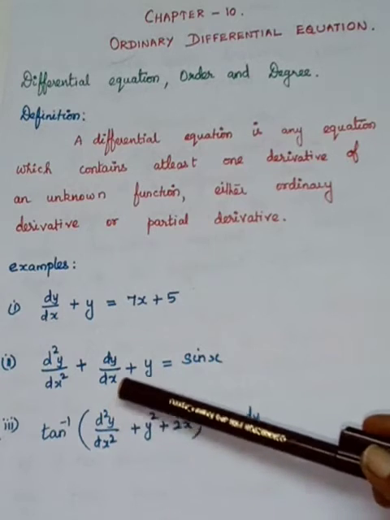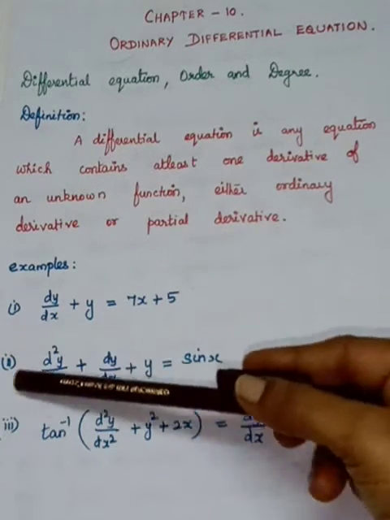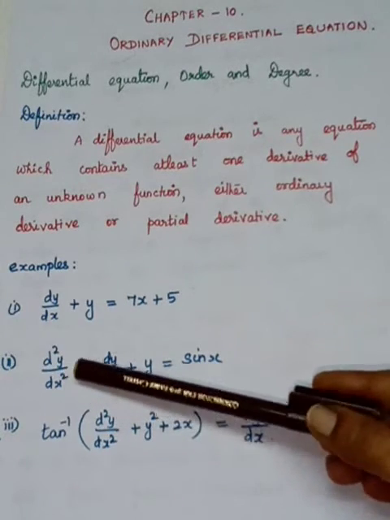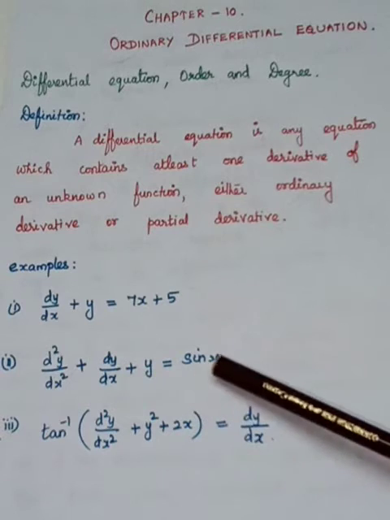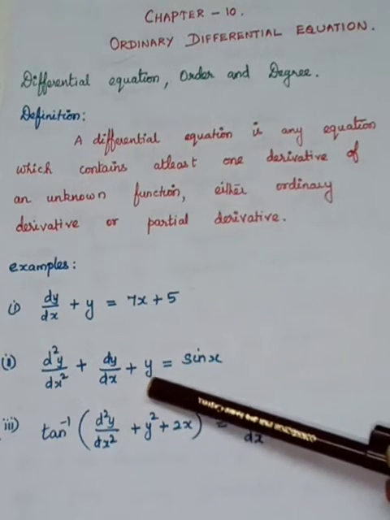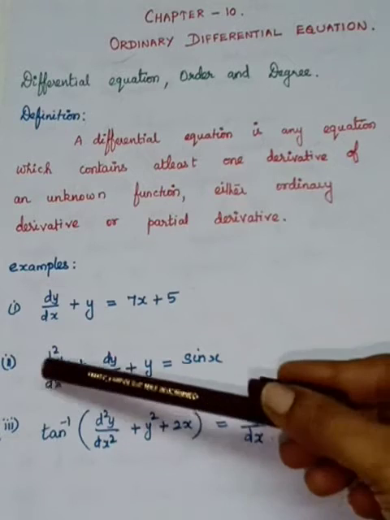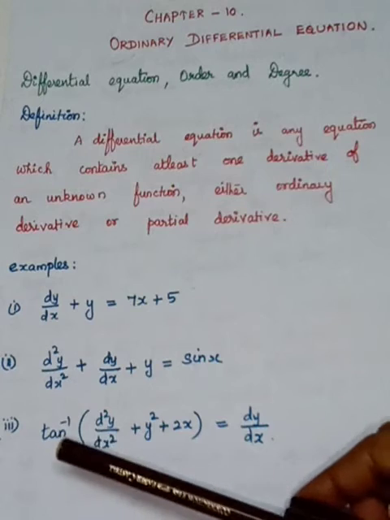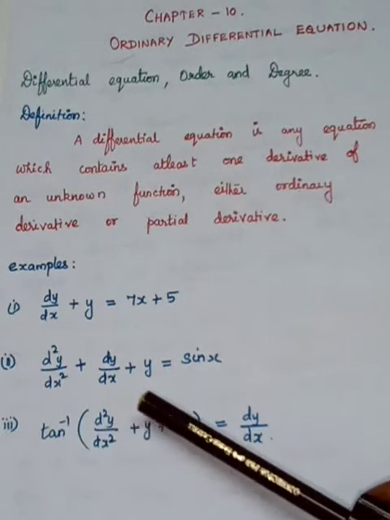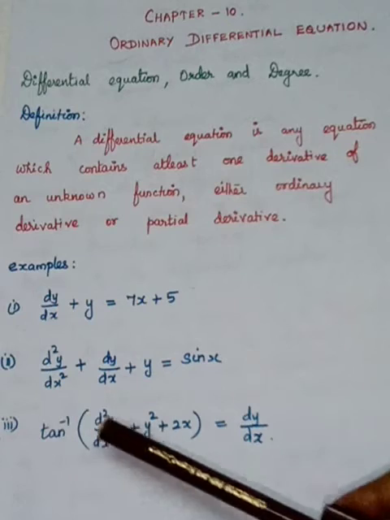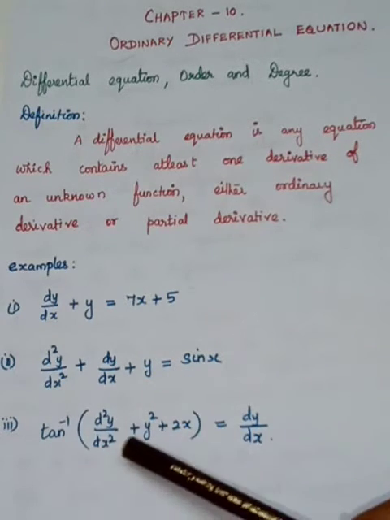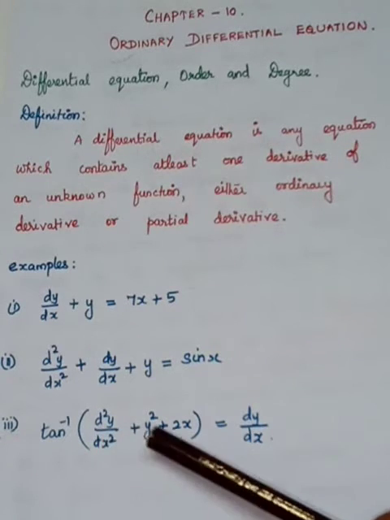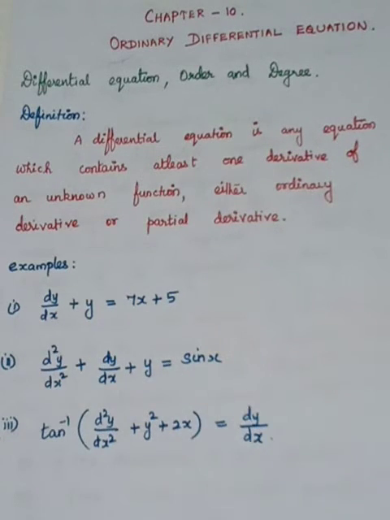We come to the next one. Here dy by dx and d squared y by dx squared are involved. This is a first order derivative, this is a second order derivative, and x appears in a trigonometric function and y is the variable. So in this equation derivatives are involved, so it is called a differential equation. And you see the third one, tan inverse of something, where within the inverse function, the argument is a derivative, the second order derivative. Therefore this is also called a differential equation.